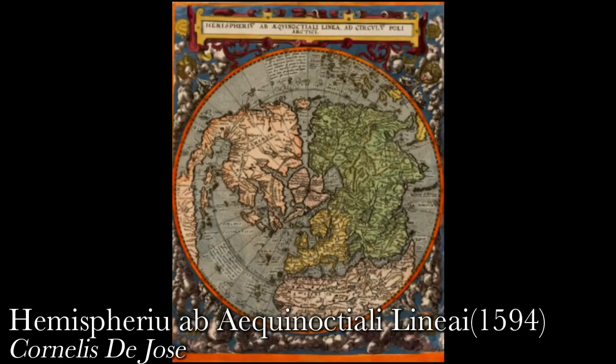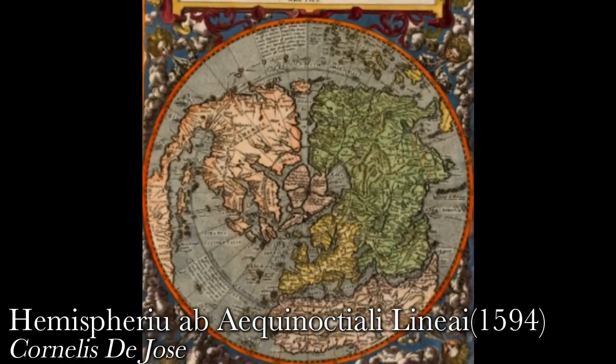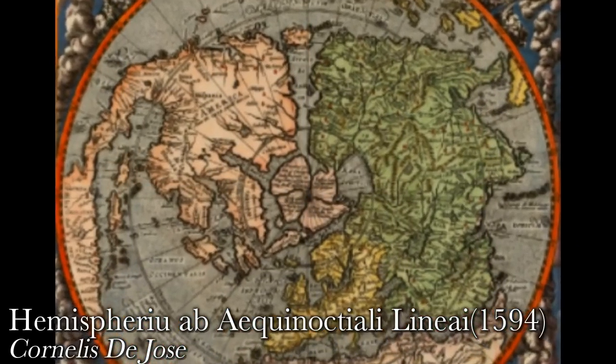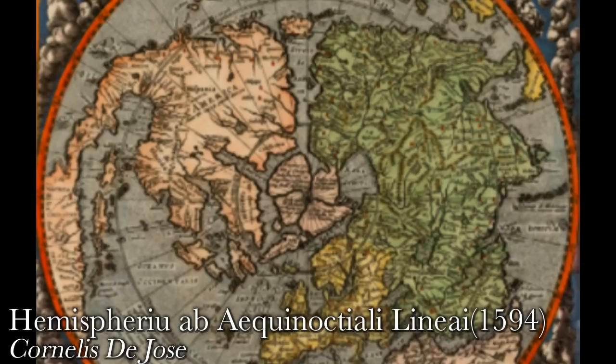This map is from 1594 and made by Cornelis de Jode. At first glance, we notice how magnified the North Polar region is compared to the previous maps. Instead of Oronce Fine's version with large bodies of water separating the islands, we have the 4-continent system divided by thin canals, which meet at the center, where there is again seemingly a massive rock. For reference, we have Greenland, Scandinavia, Iceland, and Canada.